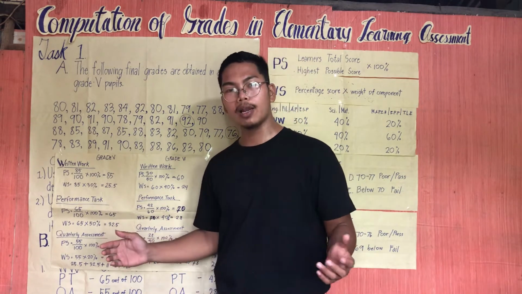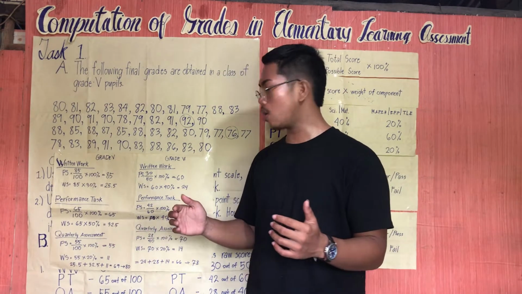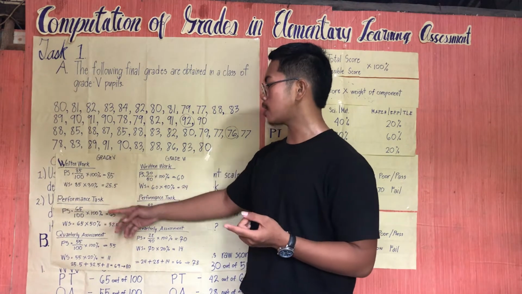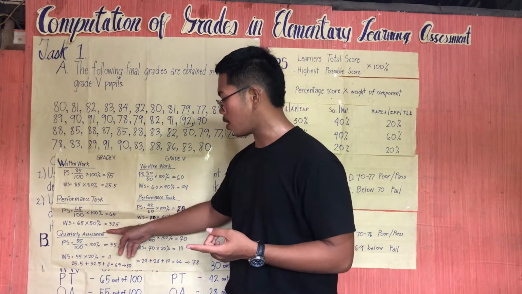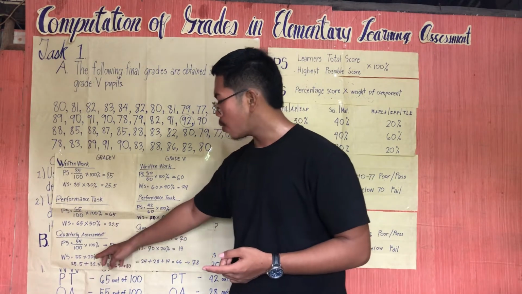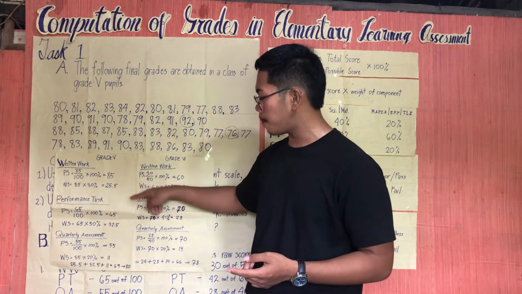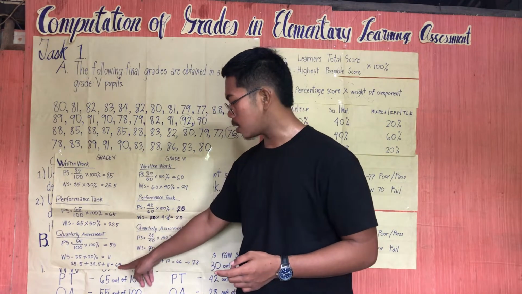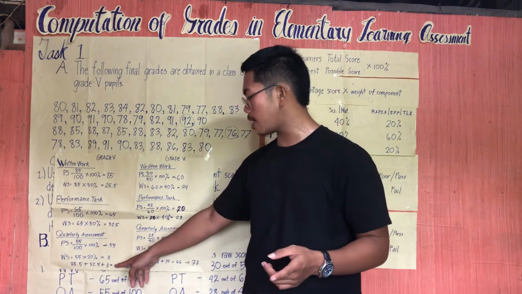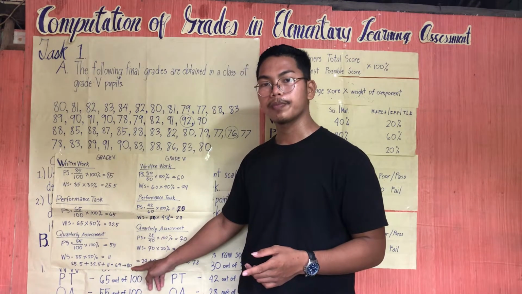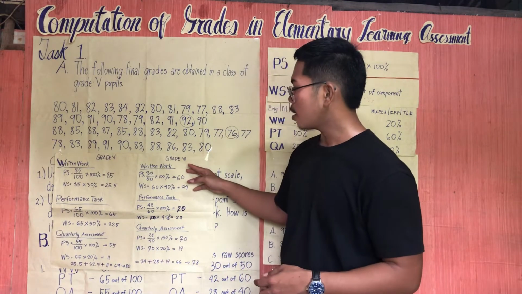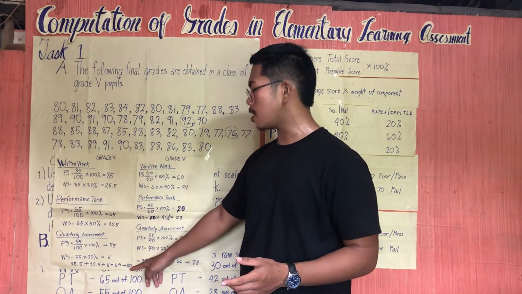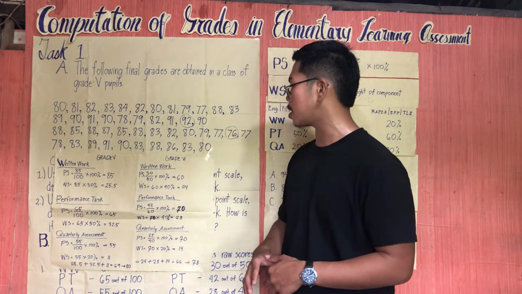Okay, now we will add all the weighted scores that we have got for the written work, performance task, and quarterly assessment. Now below we add up 25.5 plus 32.5 plus 11 is equal to 69, and the transmuted grade of 69 is 80. Okay, since we got the grade 5 transmuted grade, the 80, we will proceed to the grade 6